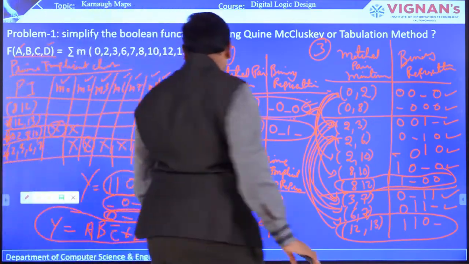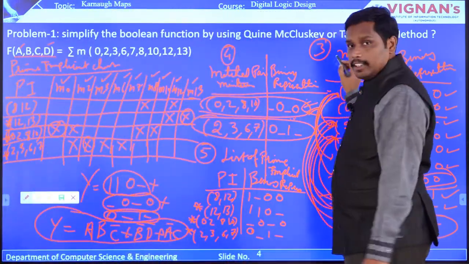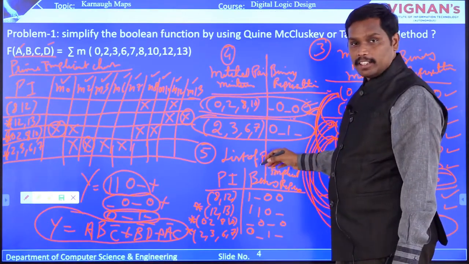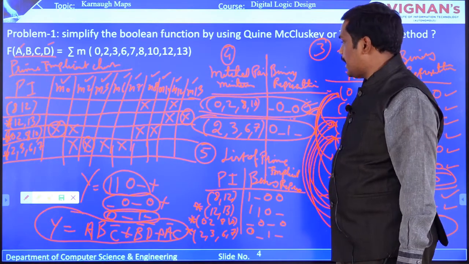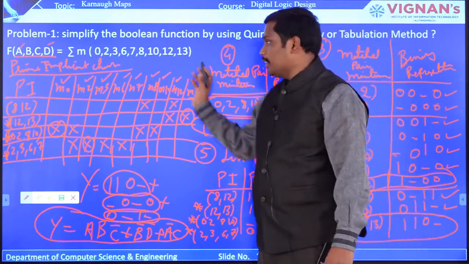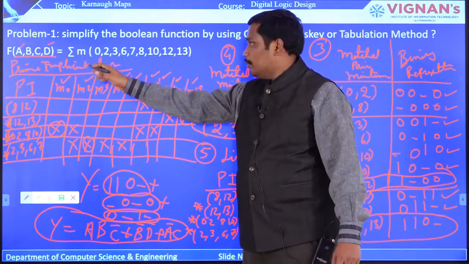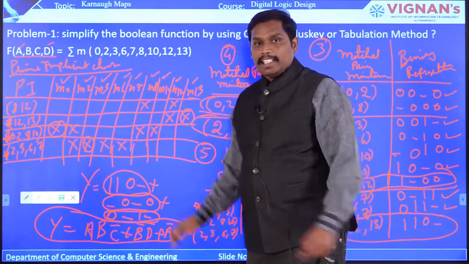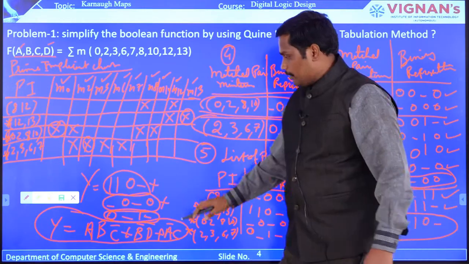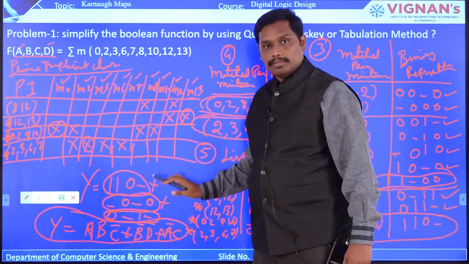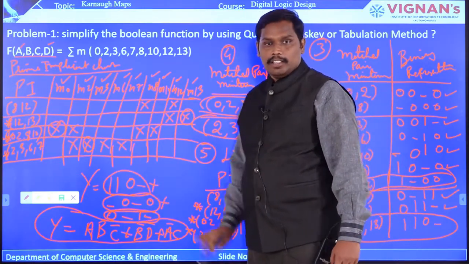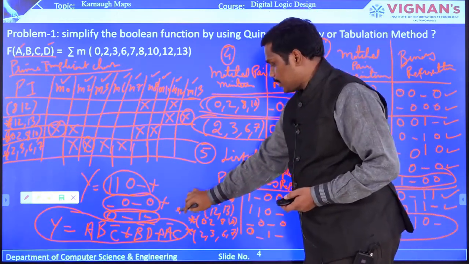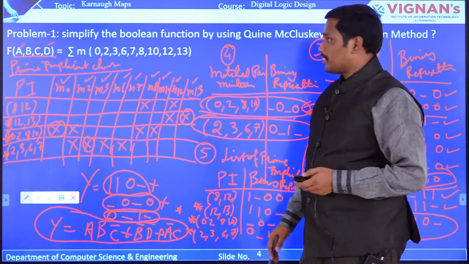Is it clear? Now again I'm going to repeat the steps. The third table you have generated, from that you have generated the fourth table, and then the list of prime implicants is derived from the matched pair prime min terms, and then from that the prime implicant chart is designed. In that we are going to select the essential prime implicants, and those essential prime implicants will be part of the expression. So this particular expression is a simplified expression, right? So this is the final output, the simplified expression using the Quine-McCluskey tabulation method.